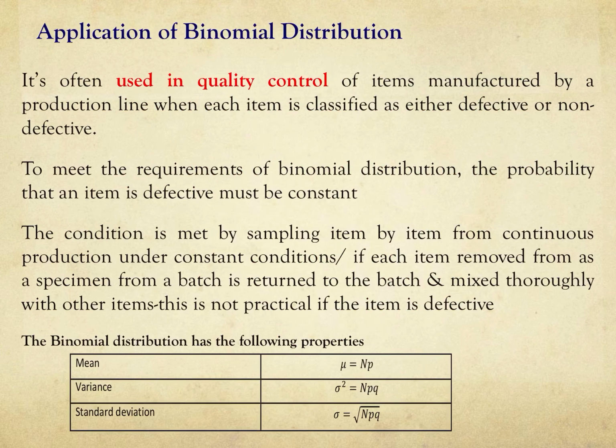So oftentimes we use it, like I mentioned earlier on, in quality control. So you want to see in your line of production, are there faulty products, or products with defects? That's the other word, defective product, so that you can get rid of them. That's one. Or two, if the probability of having defective product is very high, you wouldn't want to release that